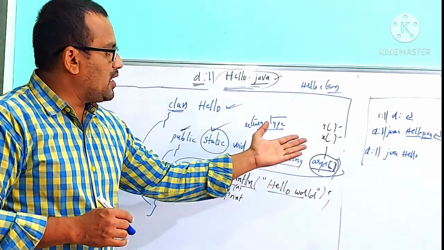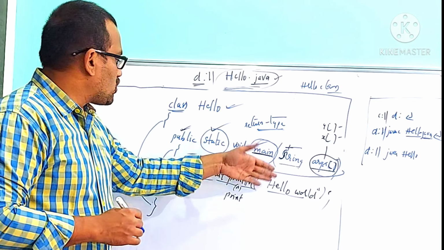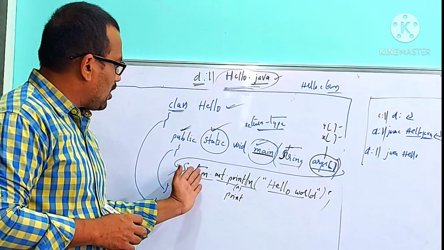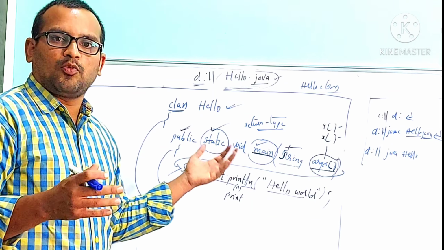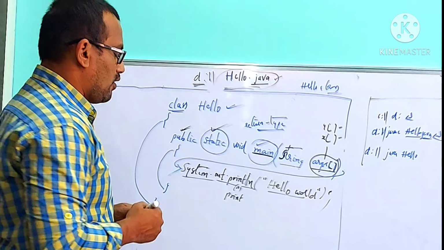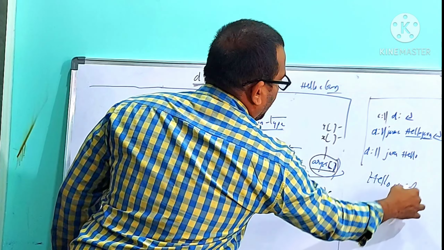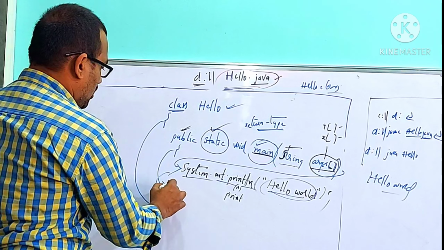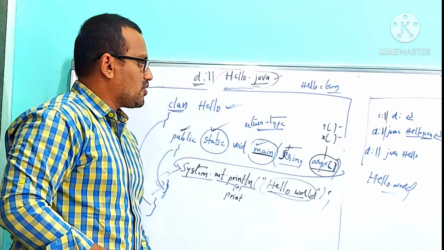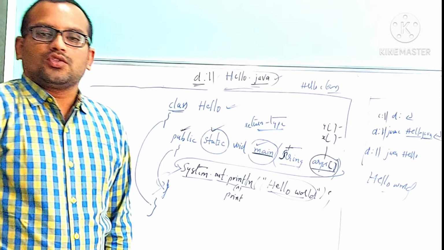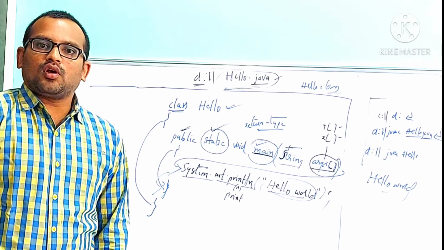So when you press java space program name for execution, the Java virtual machine activates and it comes to the first line of the main function. What is there? System.out.println means you are giving an instruction to the Java virtual machine to print some information at the output screen. Now the JVM prints Hello World; it shows output like Hello World. Then it comes to the next line, which contains the end of the main function. When the JVM comes to the end of the main function, it simply stops the process. So this is the way of writing a basic program in Java.